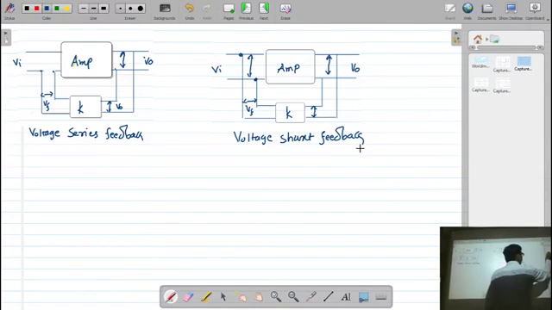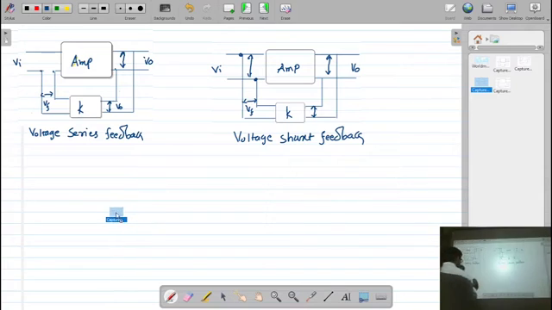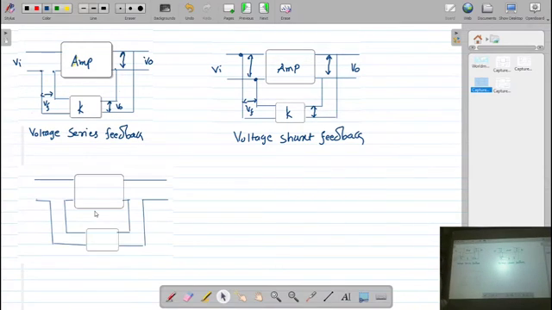Now let us see a third type of the feedback. So here you are finding this is again an amplifier circuit, the feedback network is here, my input voltage and the output voltage of the amplifier is there. But now here you can see the output connection. Normally if you are measuring the voltage, then always we are connecting parallel to the output terminal. But here